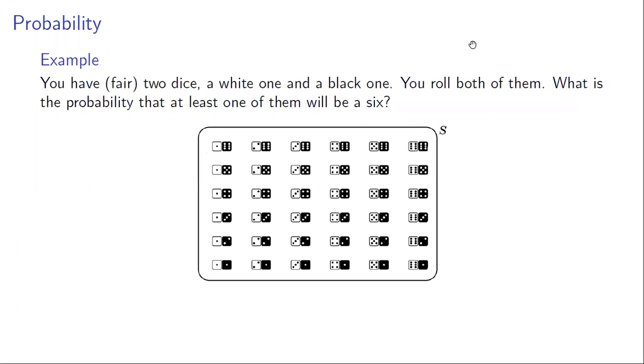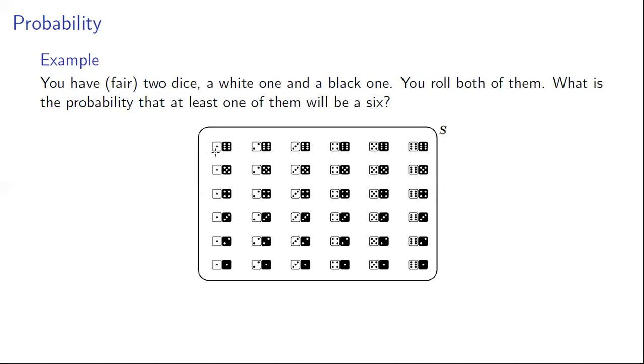Okay. So here is our sample space, right? Because when we roll two dice, one white and one black, we can get 6 different possibilities for the white die, right? So either we get a 1 for the white die, or a 2 for the white die, or a 3 for the white die, or a 4 for the white die, or a 5 for the white die, or a 6 for the white die. And then for each of those options for the white die, we have 6 different options for the black die,